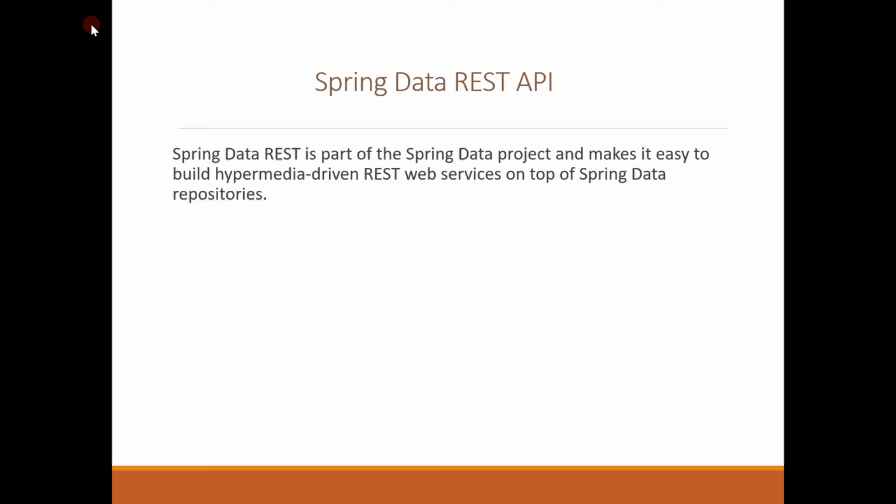In our regular REST API responses, we will be having only the plain Java object responses like JSON responses. So it contains only a few parameters of the POJO object. But in the case of hypermedia driven, we will be having some hyperlinks to access the next set of REST APIs. We will discuss this in detail in the coming example.